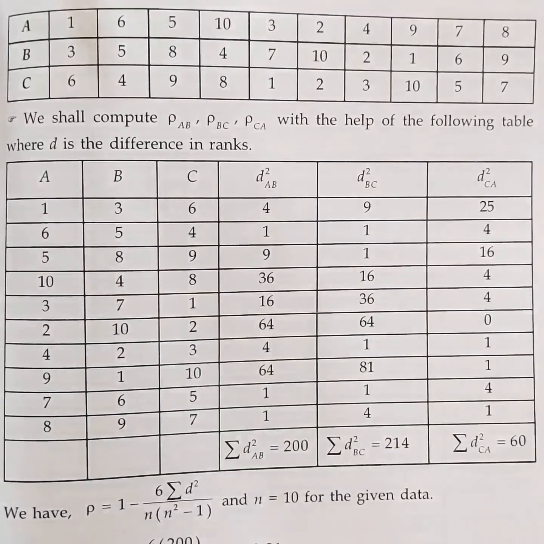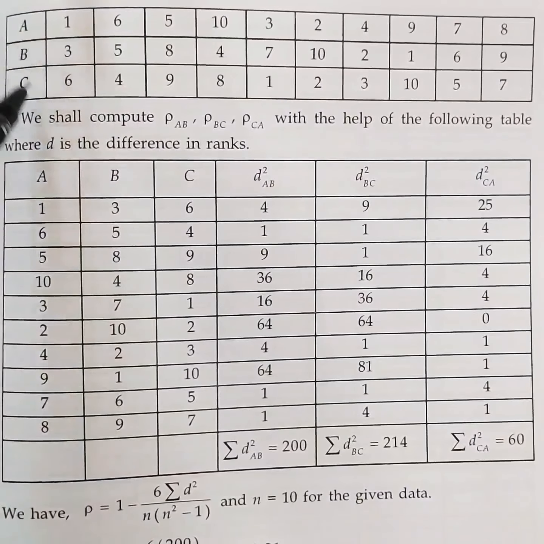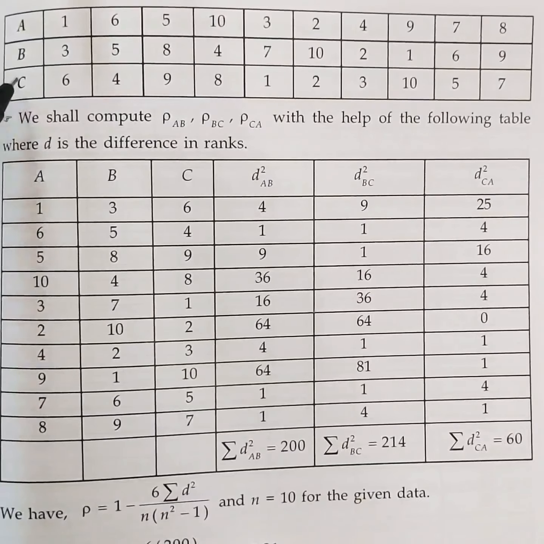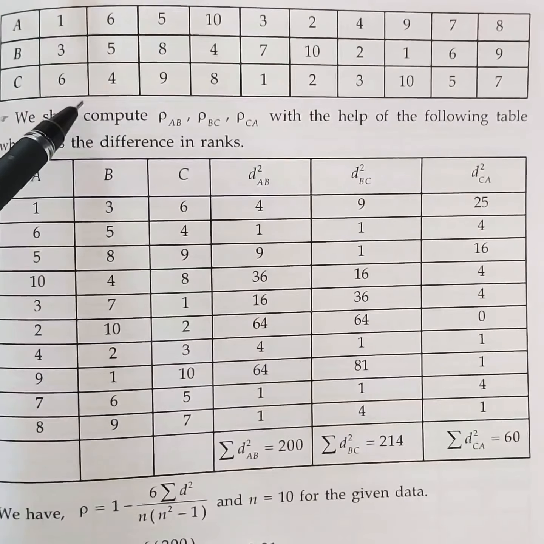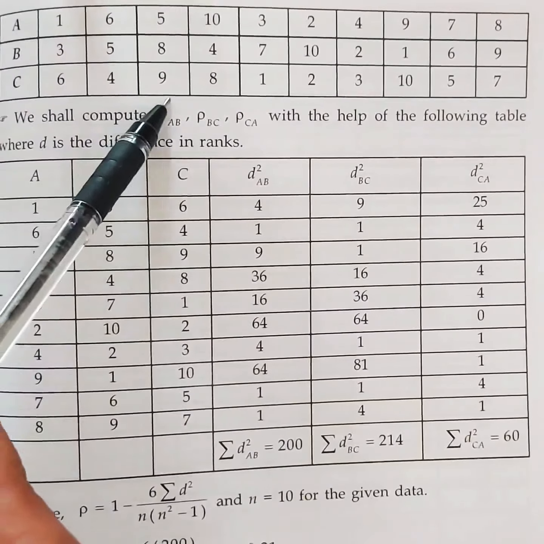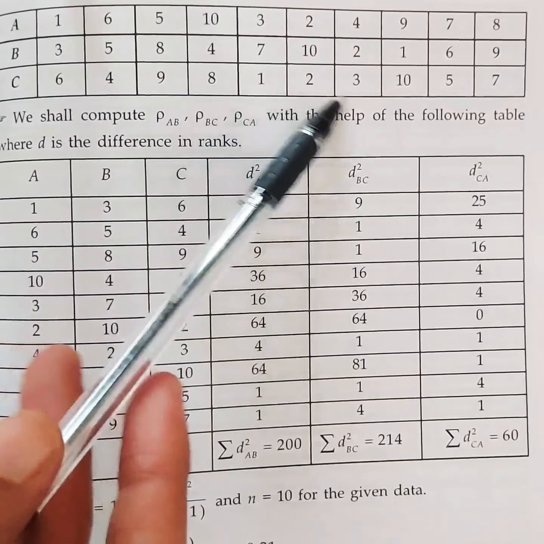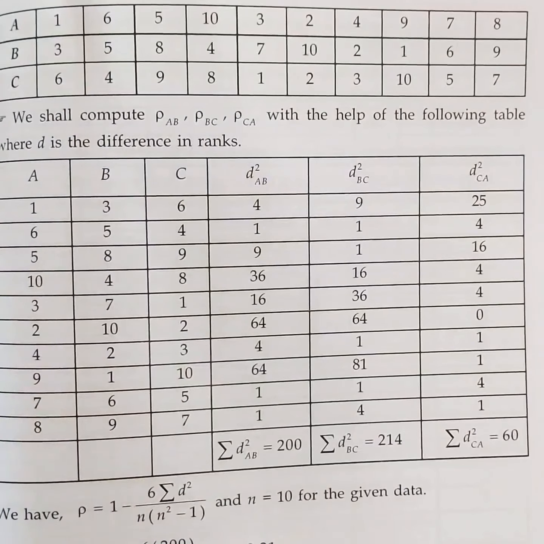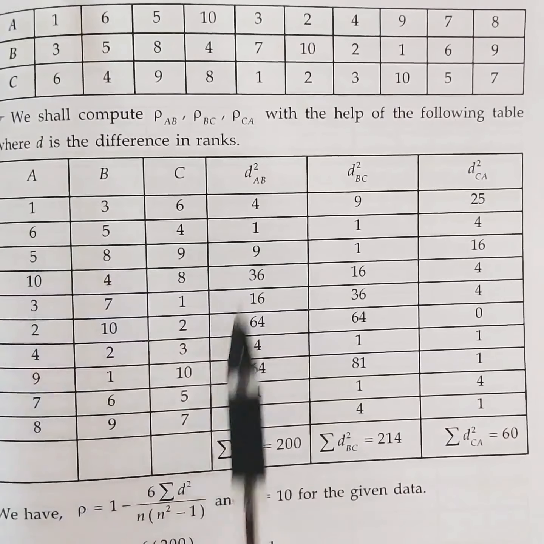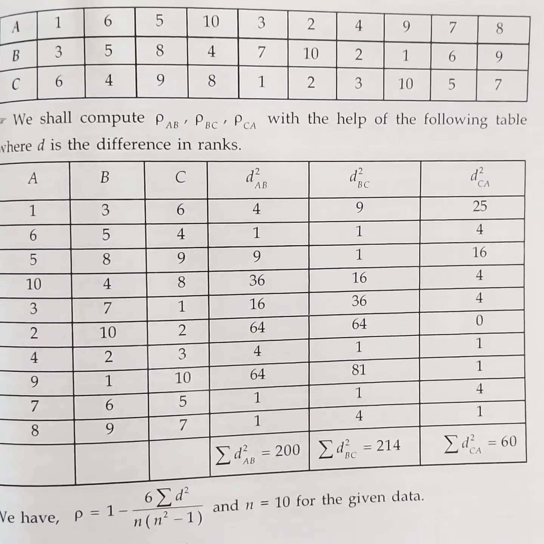See, always they will give the tabular column like this. We have to rewrite it. The first row is for A, second row is for B, third row is for C. And definitely ranks are not repeated, because in your syllabus you don't have those kinds of questions, but still just check. For example, this rank 4 will not be repeated anywhere. Okay. So now we are going to rewrite this in order, because D is not easy to find directly, so better we write it in the form of a tabular column.